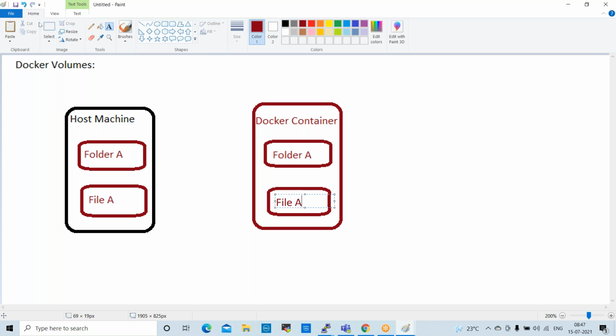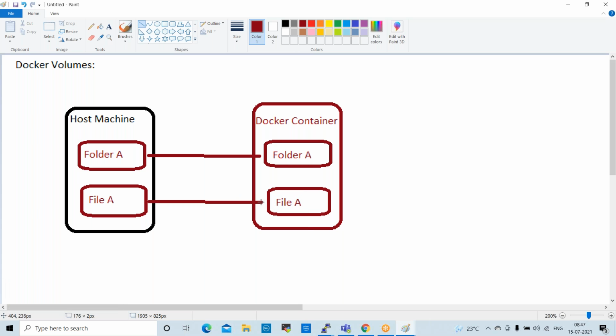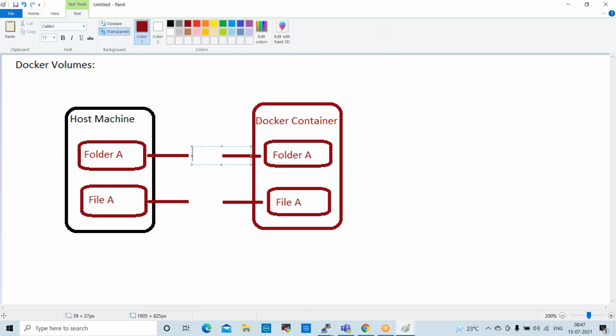How can we link? There will be some configuration, like this. Using one command, we will link this from our host to the Docker container.